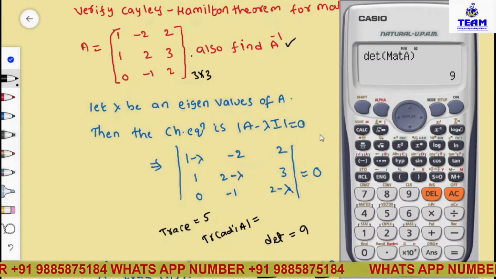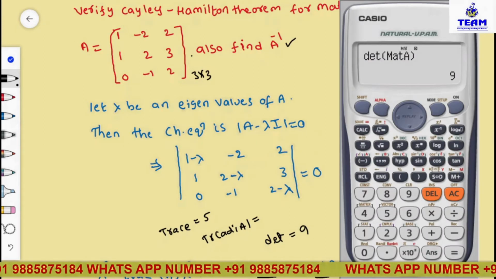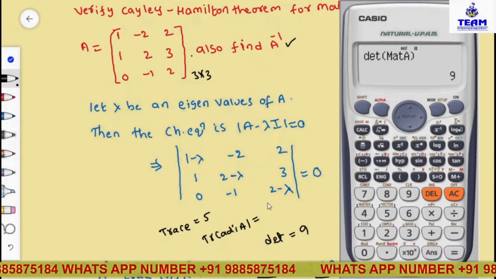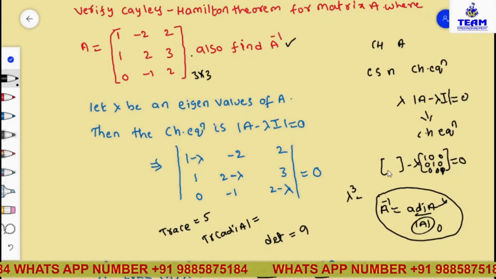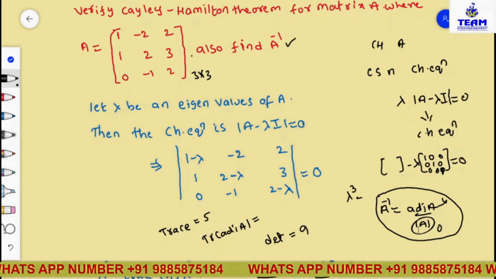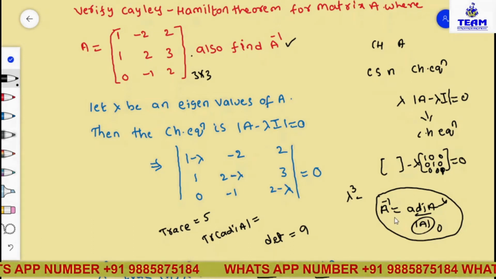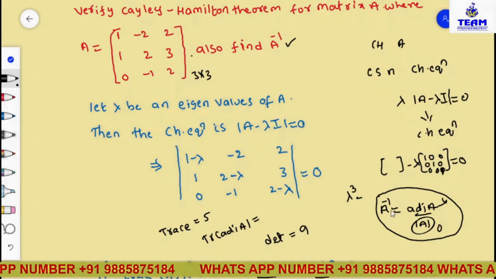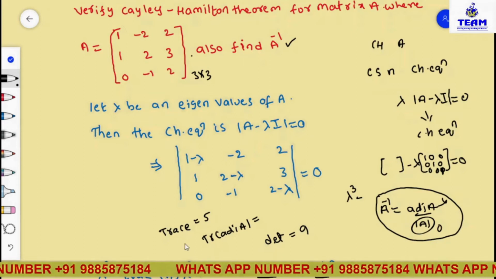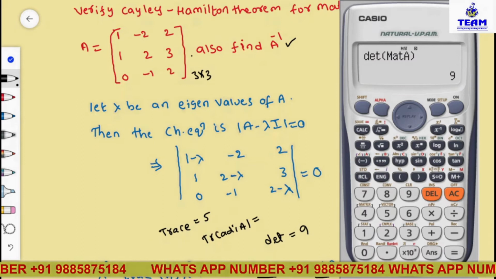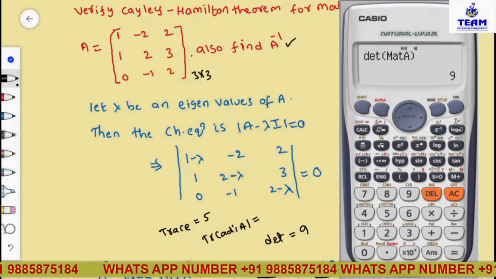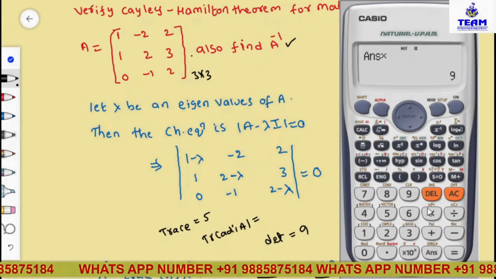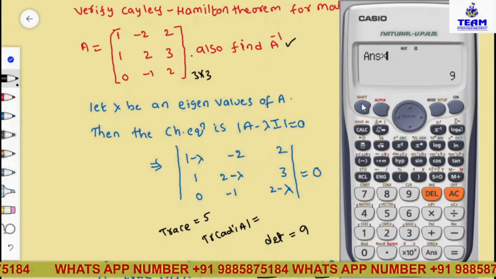Now first I want the trace of adjoint A. I already told you A inverse is equal to adjoint A by det A. So now you cross multiply. Cross multiply gives adjoint A equals A inverse into det A. Now I have det A, so into matrix A inverse, friends. For matrix A inverse, go for Mat.